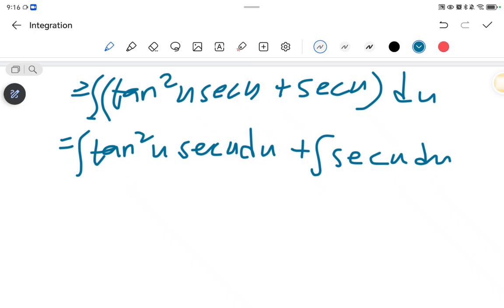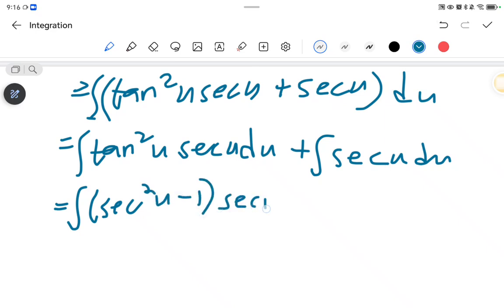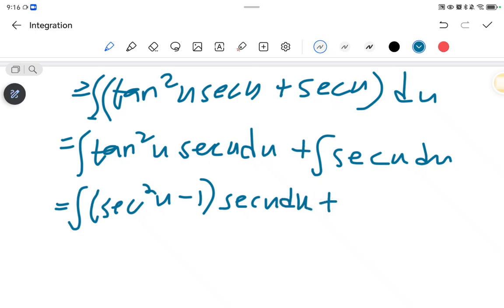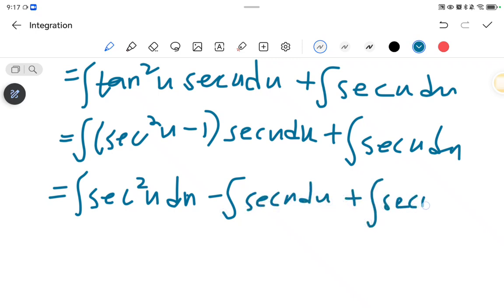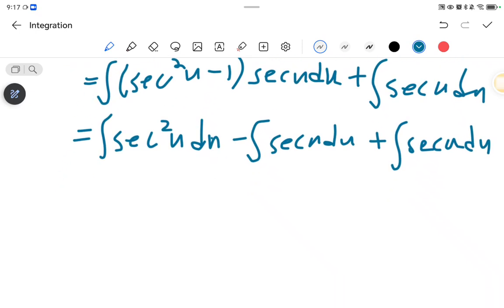Then I'm going to have, this will be equal to the integral of, this one will change to sec^2 u minus 1, sec u du, plus this one will give us the ln of sec u du, and this will be equal to, then here I'll have the integral of sec^2 u du minus the integral of sec u du plus the integral of sec u du. Then that will go, right? Then I'll be left to integrate